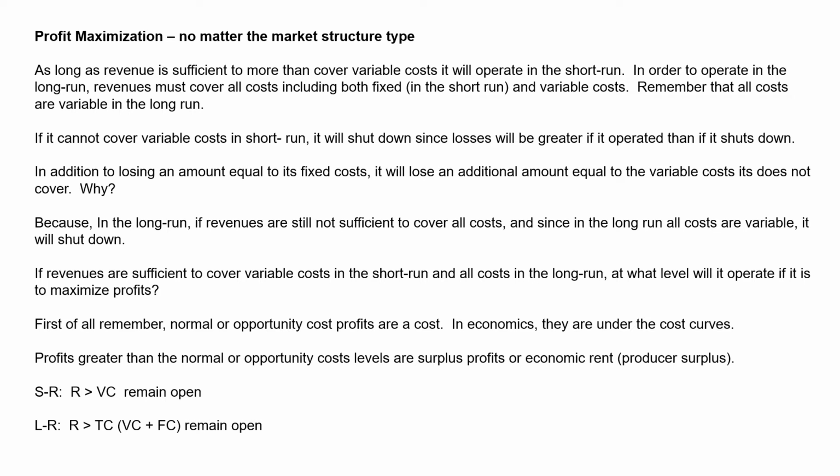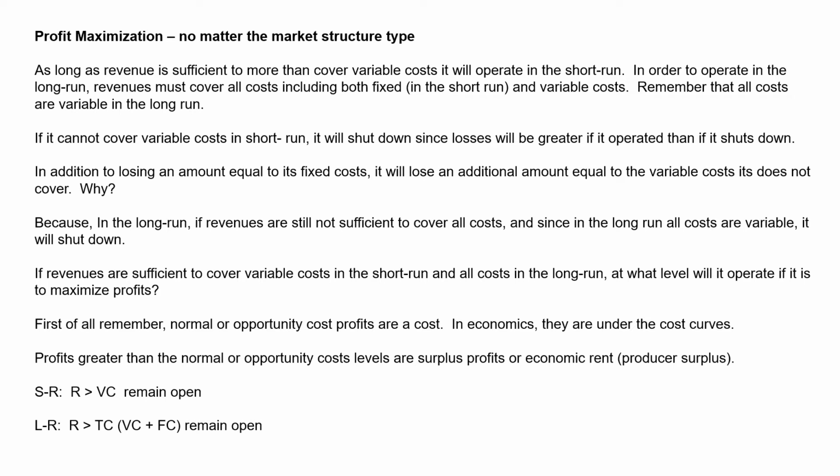But if we're looking at the long run, in order to remain open, you have to be able to do what? You have to recover your variable costs for sure, and on top of that, you have to cover your fixed cost, and then some. But you get the idea. You have to cover both of those costs, both your variable costs, the cost of your labor, for example, and you also have to be able to pay for the rent. In the long run, in order to be viable, you have to cover all those costs. That's why we say that all costs in the long run are variable, because that's what we're really focusing on.